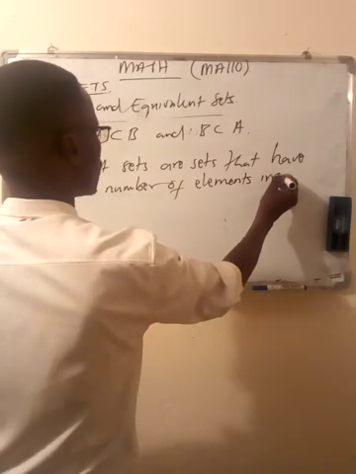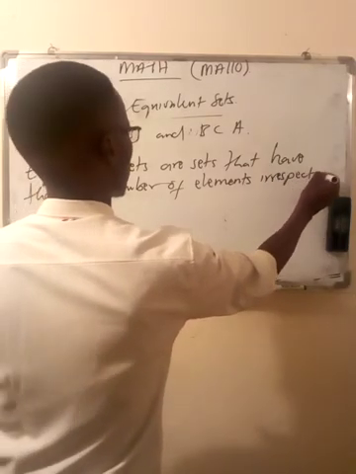So as long as the number of elements is the same, then it means that those sets are